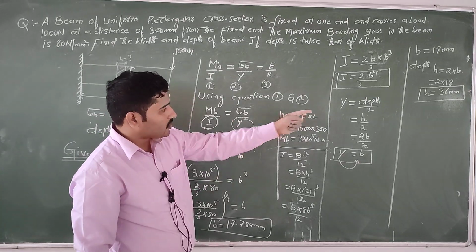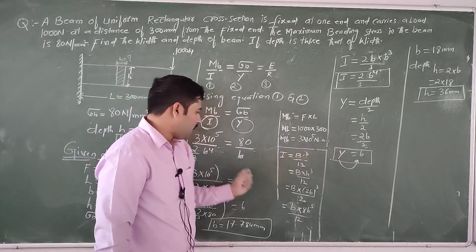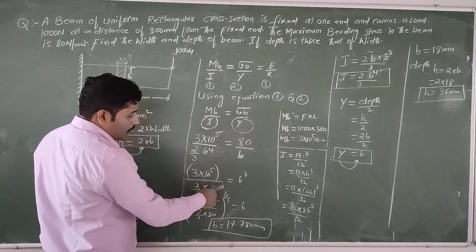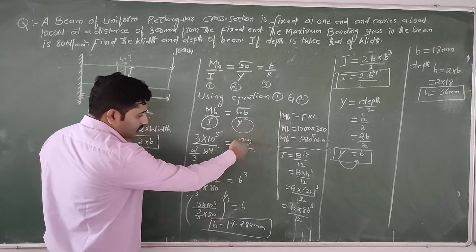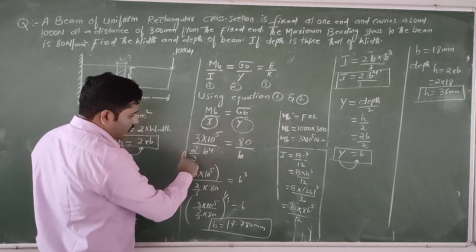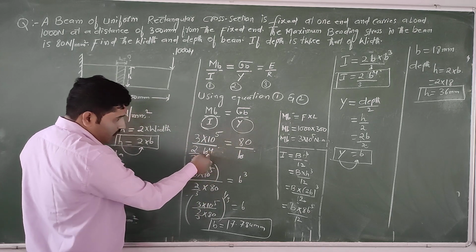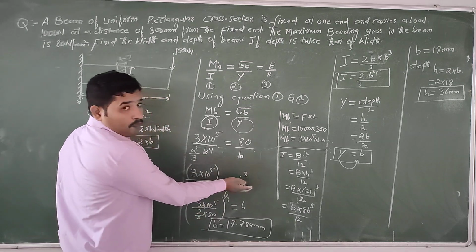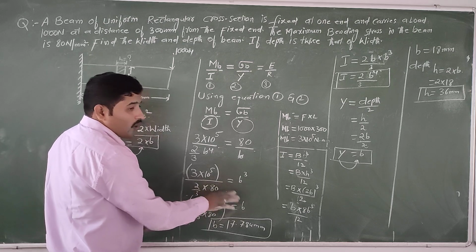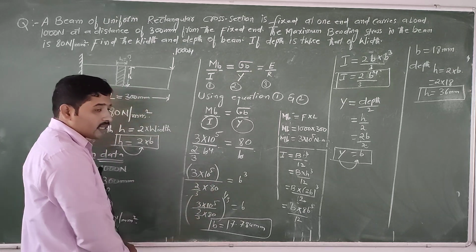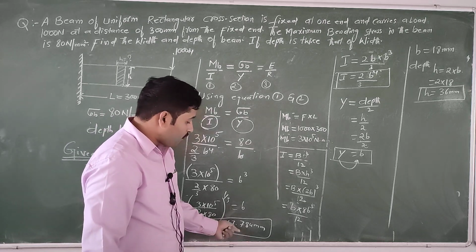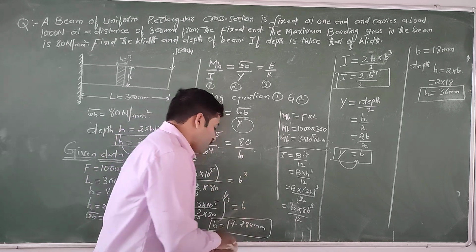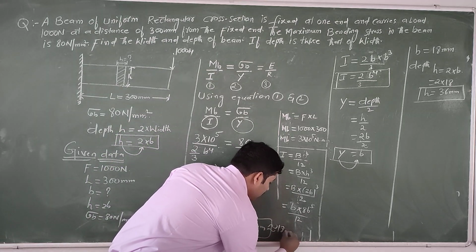Y value, we got the value as B. After that, if you cancel this term, then the remaining is B cube. If it is moved this side, it means 3 into 10 power 5 by 2 by 3 as it is, and moving downward, multiplied by 80. So if you remove the cube, the power becomes 1 by 3. If you divide by calculator, you will get the answer 17.784 for the breadth. This means it is approximately equal to 18 mm. We can consider 18 mm.